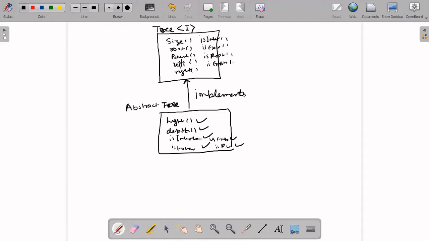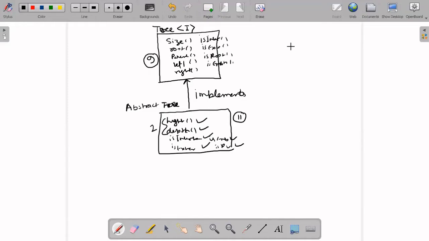So 4 plus 5, a total of 9 methods were there. Four are implemented. These 2 are additions. So in total in this abstract class, I have 11 methods. 9 are coming from above.